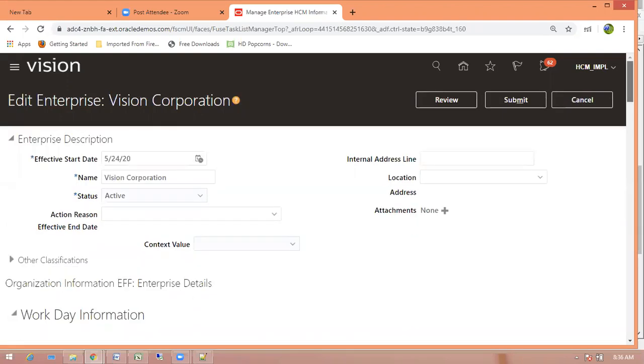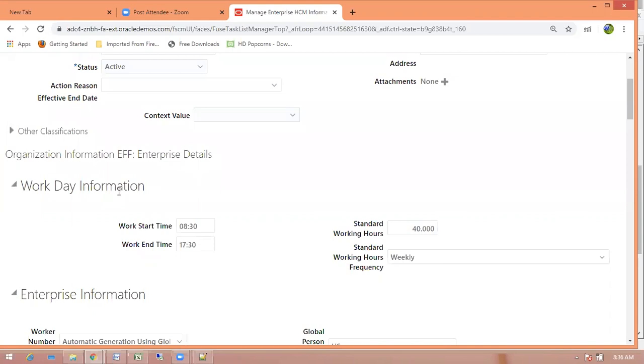We will discuss how to configure this workday information. We can configure workday information at enterprise level, legal entity level, department level, assignment level, and work schedule also. Work schedule I'm aware. So when you apply the options, you'll be getting default start time and end time, right?